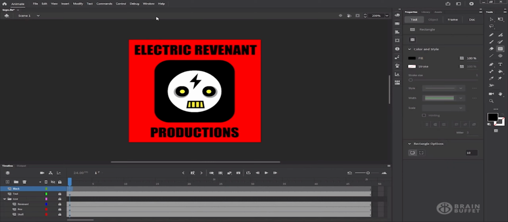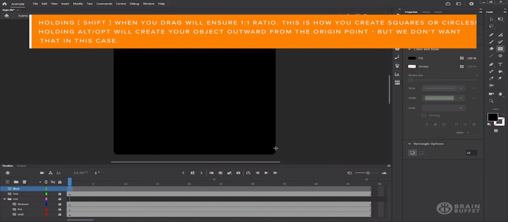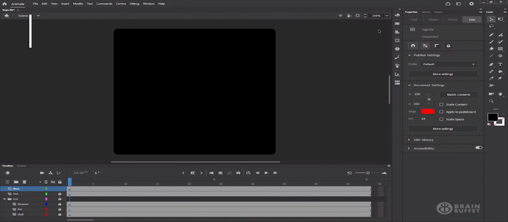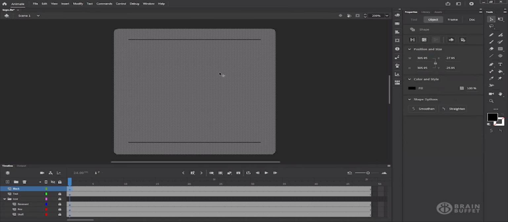All right. So now what we're going to do is go ahead and sort of click and drag, and we're going to hold down the Shift key to make sure that we create a perfect square. And make sure to start it way outside of your stage on your pasteboard. That's going to allow us to sort of bring it down later on. You just click and drag with the Shift key held down, and it's going to make a perfect square for you. As you can see, the corners are rounded like we want. And let's switch to the selection tool and select that object. Since it's a shape, we see this pattern against it,